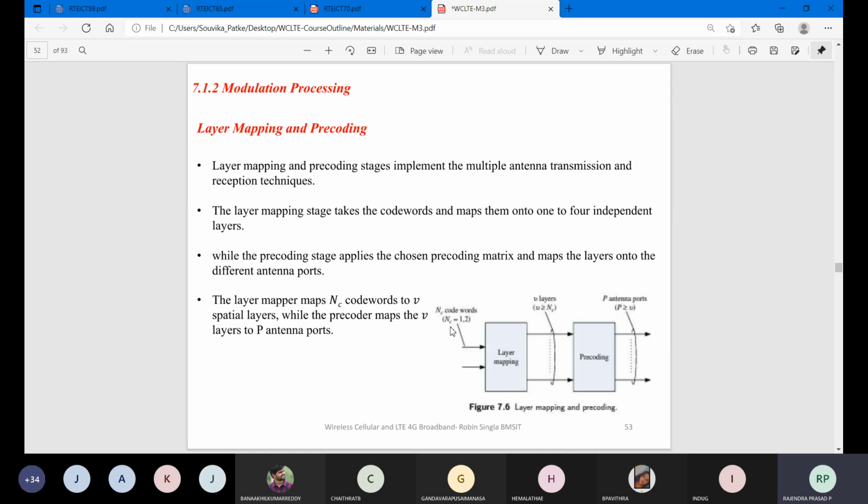What is the value of HC? Right, the gain of the code words which are going to be generated. What is the value of V? Right, V layers are nothing but, in the next slide it will come, what the different layers available are, through which layer you are going to transmit. And what is here with respect to P, which is the number of antenna ports. So antenna ports also we have multiple, right?